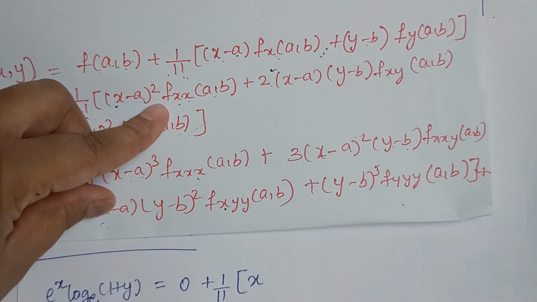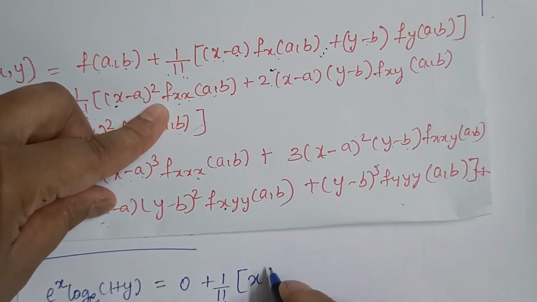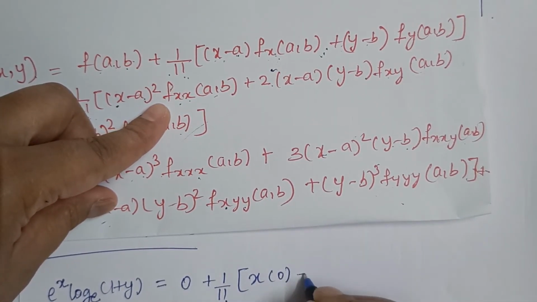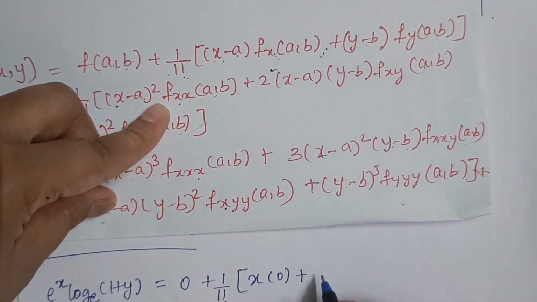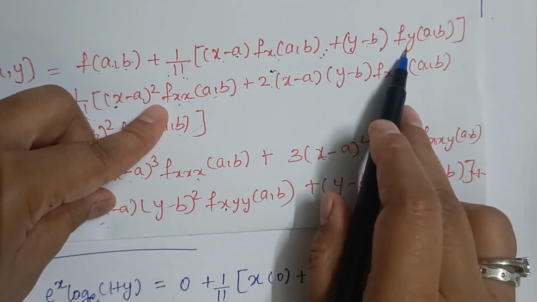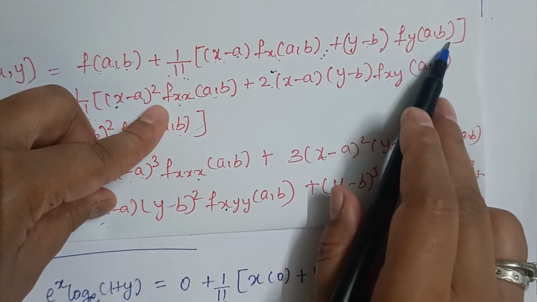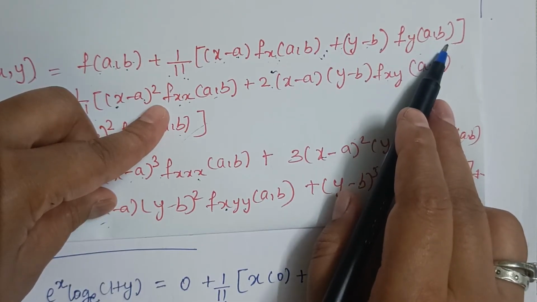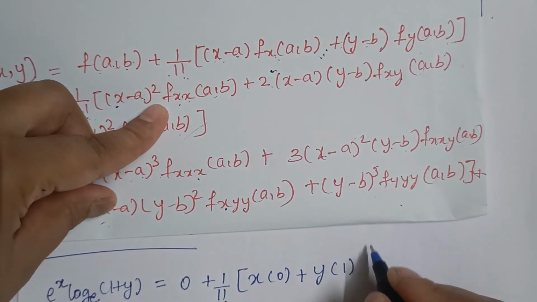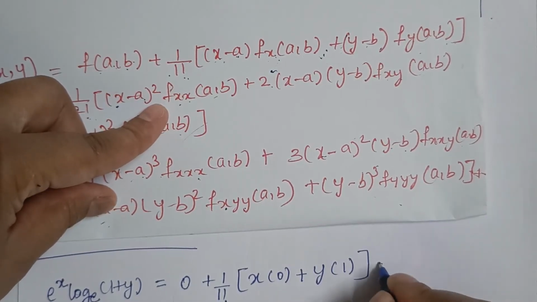F suffix x of 0 comma 0 is also 0, plus y minus 0, y, f suffix y of 0 comma 0, the value is 1, plus